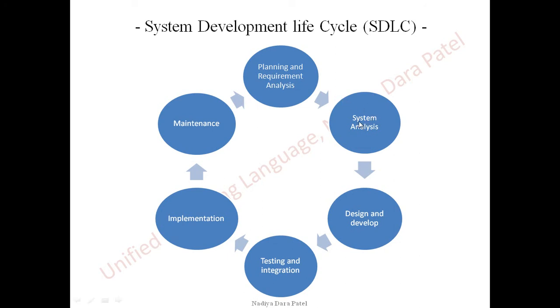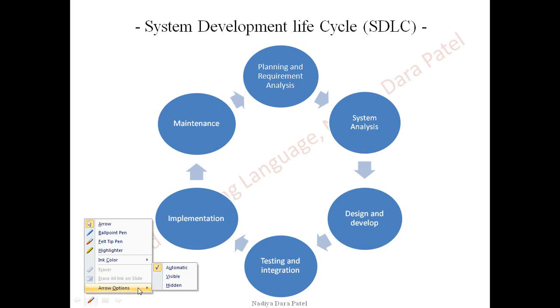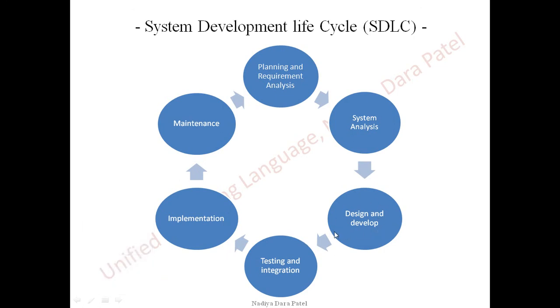The next phase is system analysis, where you have actually understood the requirements and now you are analyzing the system. So in this phase you can draw a use case diagram to study the workflow, to study which actors are coming in which part, which actor is interacting with which use case, and further you can decide how many use cases you can collect together and form one big use case. So this phase of development is going to help you understand the design and development. The design and development is the phase where we actually design and develop our system. So before that we should analyze our system.